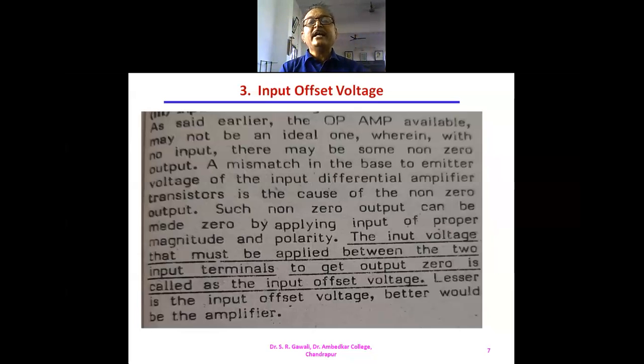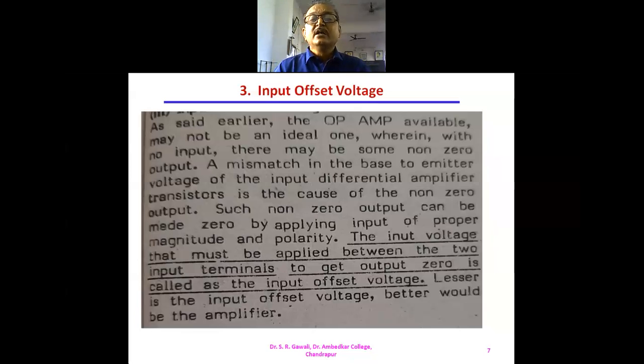लेकिन एक्चुअली क्या होता है इन प्रैक्टिस? इनपुट अपन ने अप्लाई नहीं किया फिर भी अपने को कुछ आउटपुट मिलता है. वो जो आउटपुट मिल रहा है ऑपरेशनल एम्पलीफायर के आउटपुट में, वो ऑपरेशनल एम्पलीफायर के आउटपुट को जीरो करना है. उसके लिए जो भी इनपुट अपने को अप्लाई करना होगा विथ प्रॉपर मैग्नीट्यूड एंड प्रॉपर पोलैरिटी इनपुट टर्मिनल को, उसको कहा जाता है इनपुट ऑफसेट वोल्टेज. वो इनपुट अपन अप्लाई करेंगे तो आउटपुट जो रहेगा ऑपरेशनल एम्पलीफायर का, दैट विल बी द जीरो. That will be the zero.